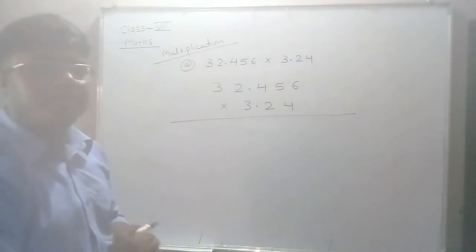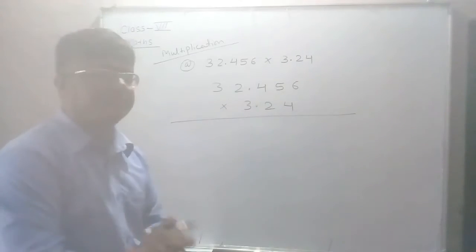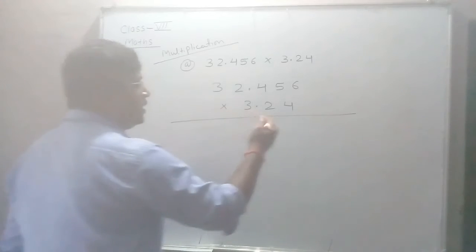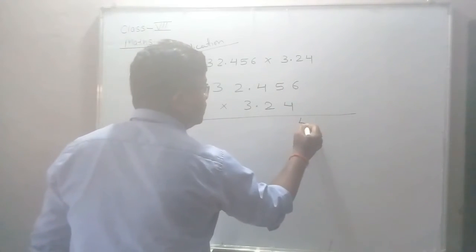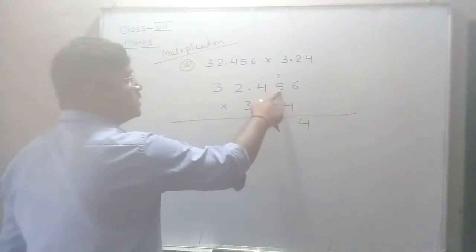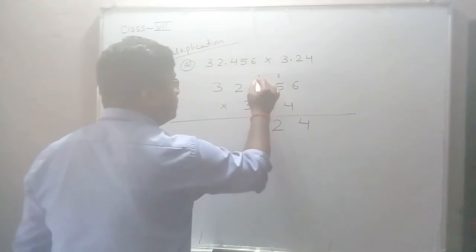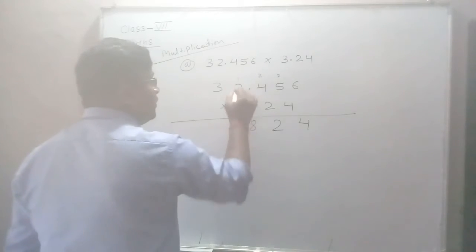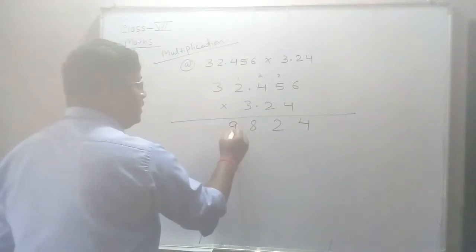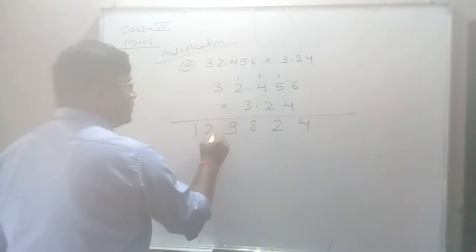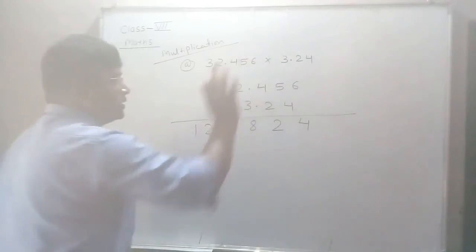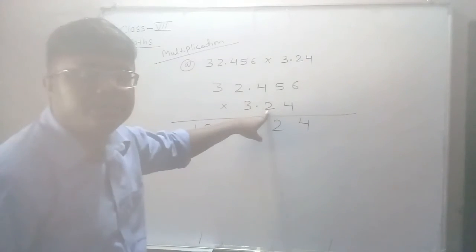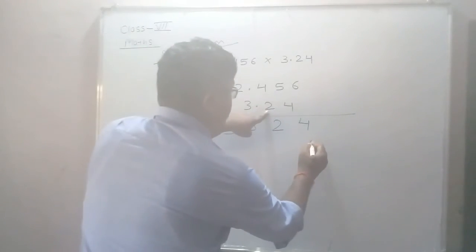So in what way we have to multiply? First thing, there is no decimal. Okay, there is no decimal. In what way do you multiply? Just simply multiply. 4 6s are 24, 4 carry 2. Okay, 4 5s are 20 plus 2 is 22, 4 4s are 16 plus 2 is 18, 8 carry 1, 4 2s are 8 plus 1 is 9. Okay, 4 3s are 12. Multiplication of 4 completes. Okay, so after that, before multiplying with 2, we leave one place here.